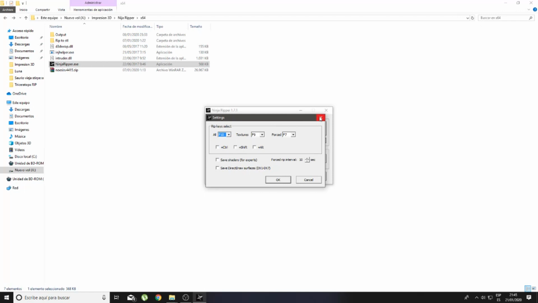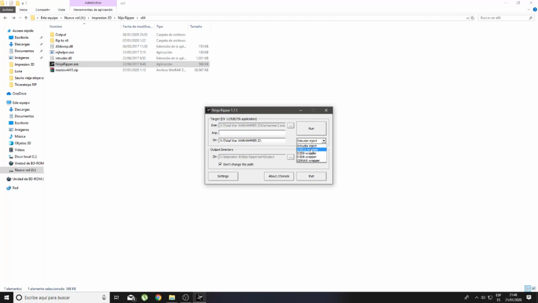This program works with any game that runs under DirectX, so it doesn't need to be Total War Warhammer. You can rip the models from other games, and even from Google Chrome, if you know how to do it, you can rip models from Sketchfab. I'll give you the tip that Google Chrome runs under DirectX 9. In this case, Total War Warhammer runs under DirectX 11, so we're going to choose DirectX 11